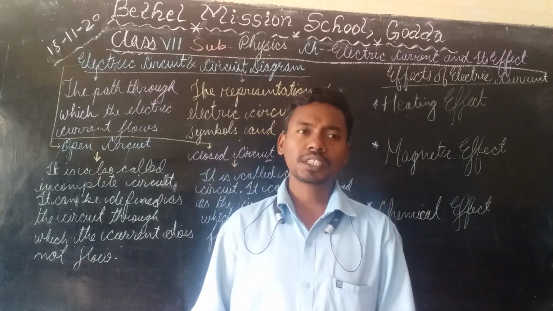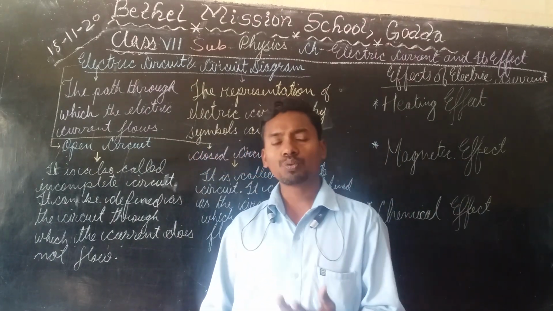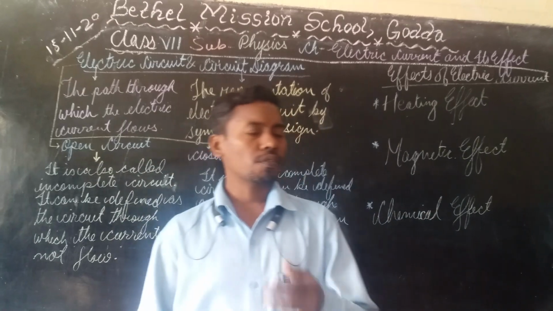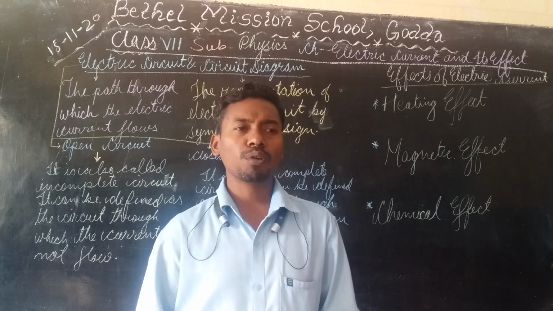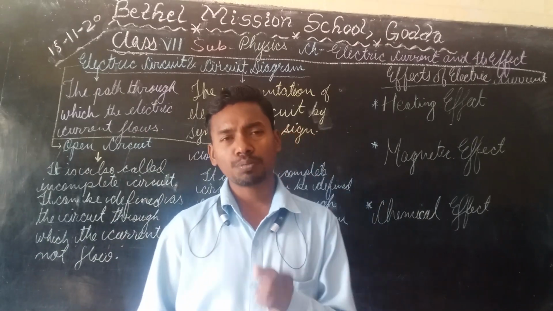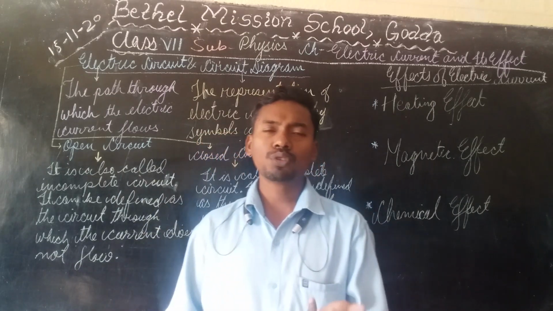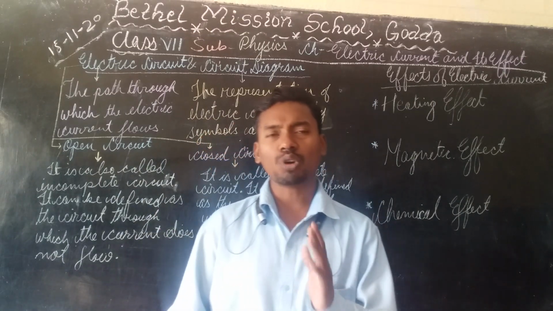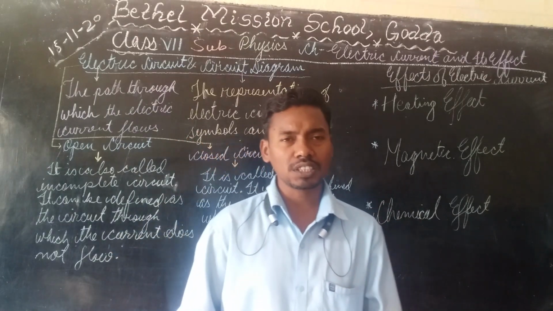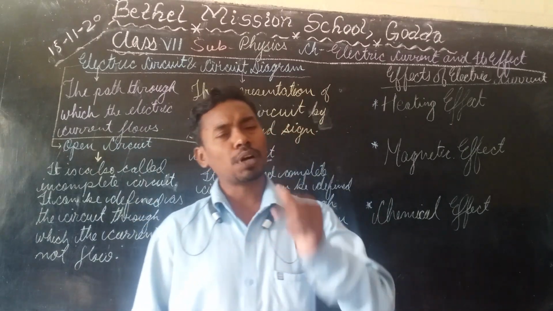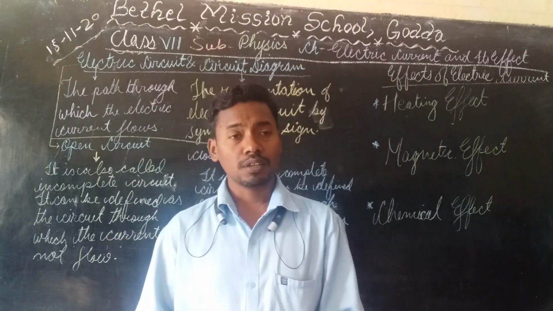A circuit can be defined as the path through which the current flows. For any movement a certain path is required. You can imagine yourself moving from one place to another. This is only possible if there is a certain path. For instance, you go from home to school, or school to home, or to the market, anywhere there is always a path, and through that path only you go. The same way, electricity also requires a path, and this path through which it flows or moves is called an electric circuit.